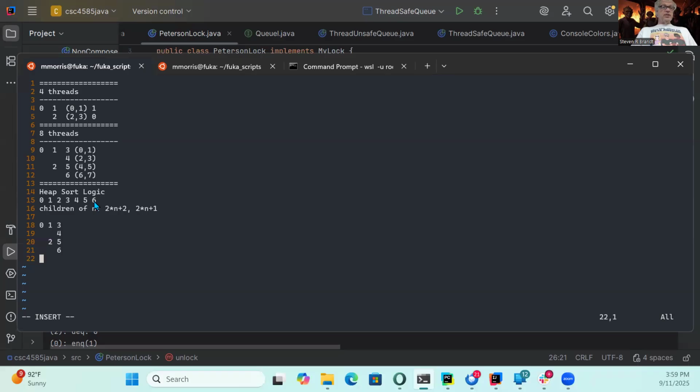So if I divide by 2, so let's see, 3 comes from 2, right? So I can say if it's an even number, I'm going to subtract 2 and then divide by 2. So if it's an even number, I have a 6. 6 minus 2 is 4. 4 over 2 is 2. There's my parent, right? If I'm an odd node, like 5, I'm going to subtract 1. I'm going to get 4. I'm going to divide by 2, and 2 is my parent. So these two have the same parent.